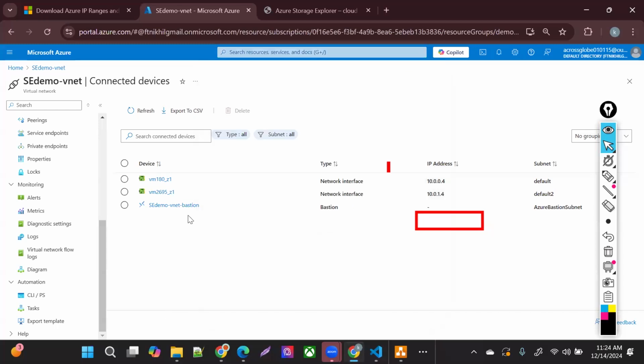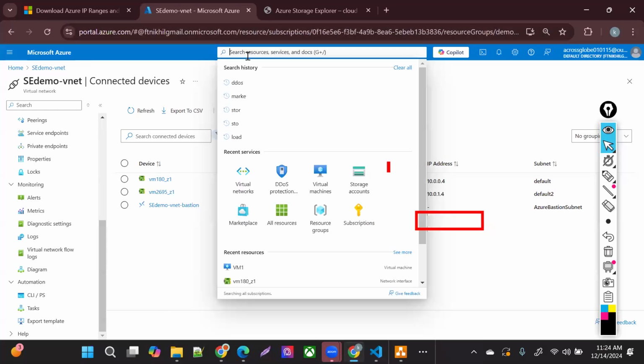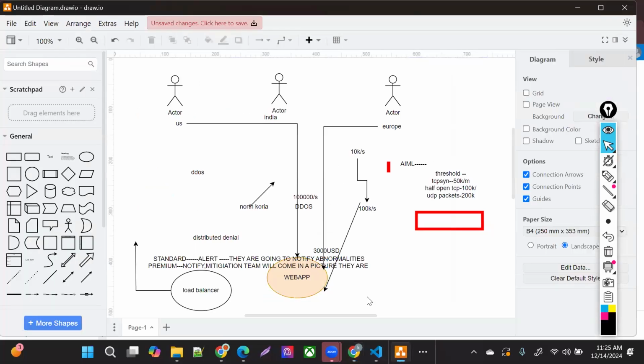Okay. Yeah. So now this is about the Bastion service, DDoS, and then service endpoint, right? Now, the other thing is Key Vault. What is Key Vault? If I come here,